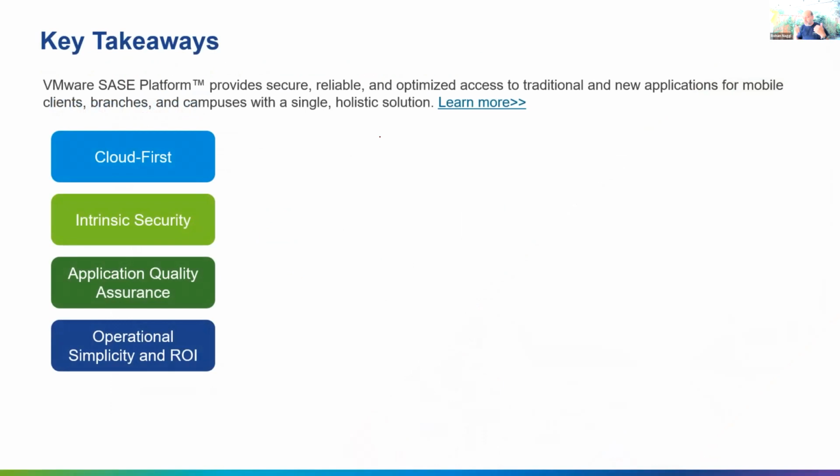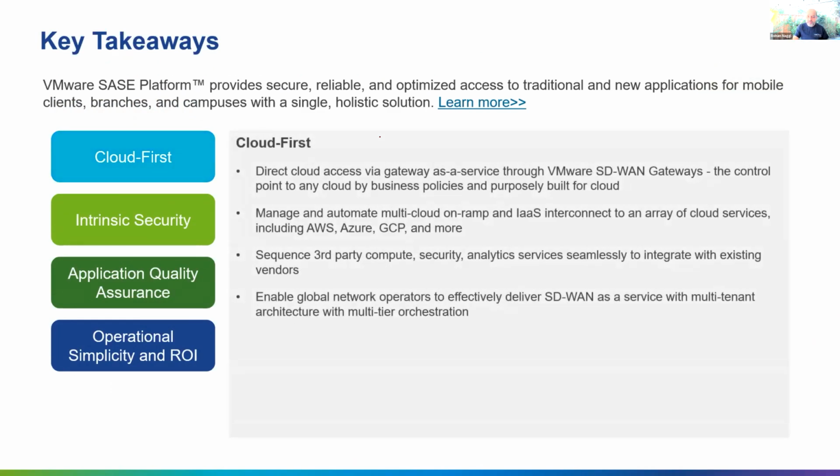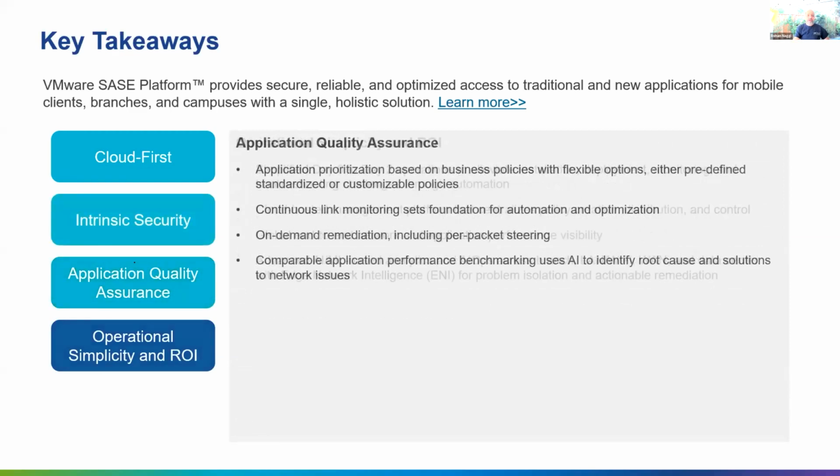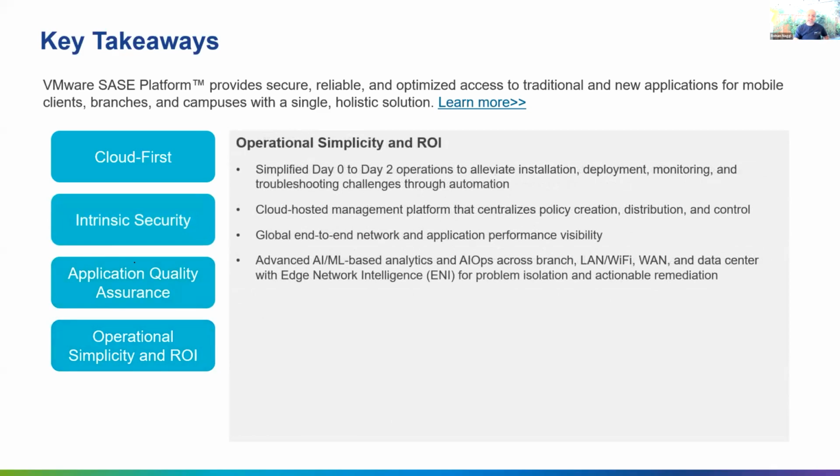So key here when it comes to any SASE solution, or to be very specific, VMware SASE: cloud first, cloud native approach, security and networking built into it. When we talk about networking, I think application performance is the key out here. This is just to summarize those 4 bullet points, and I'll share this slide deck with the audience. But these are some of the key takeaways.